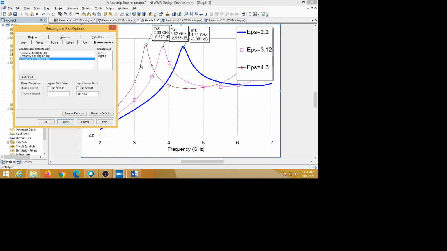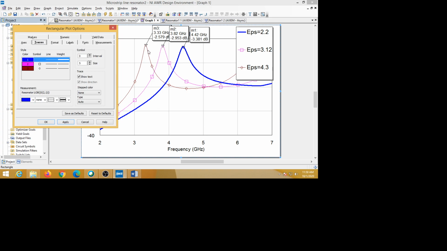Also you can change the thickness of these. Go to traces here; these are the traces. In the traces, the first one, the blue color, already has a thickness, so do not change it. The pink one has lesser thickness, so you can change it. I am changing the style of that like this, and apply. Now it came like this, and you can remove the bullets: if you are not interested in having bullets, just choose none and apply.